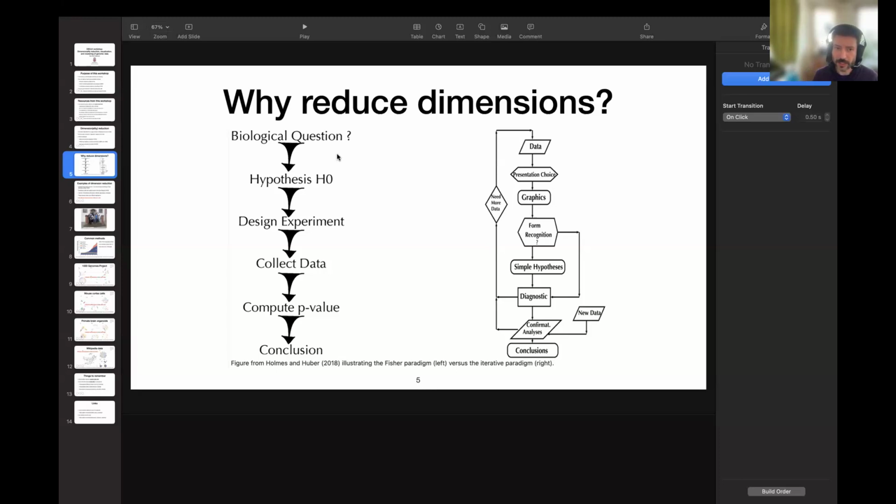You would collect the data. You would compute a p-value, and you'd get your conclusion. It would be pretty straightforward. We're kind of in the opposite situation right now, where often we're working with data that we haven't collected, or we have collected the data, but it's so unbelievably complex that we can't just start with a simple hypothesis and work with that. So John Tukey, who is a statistician who published a lot between the 60s and 80s,